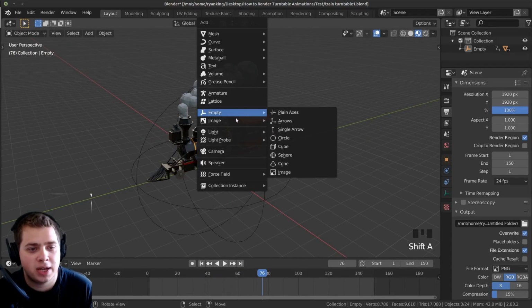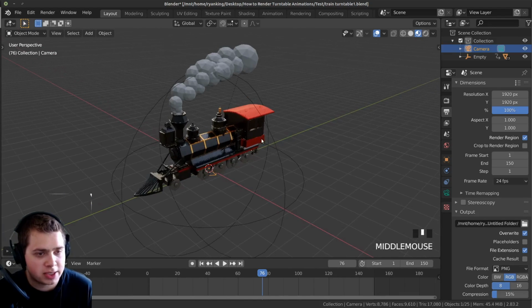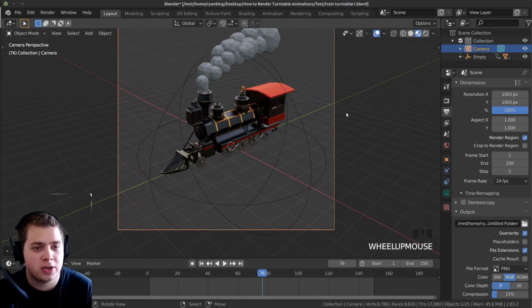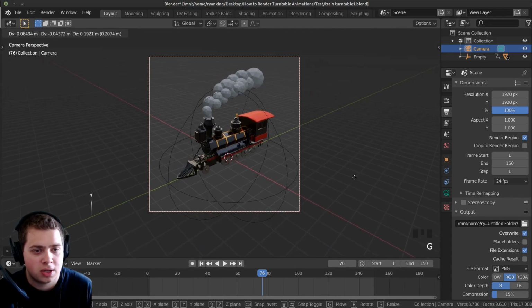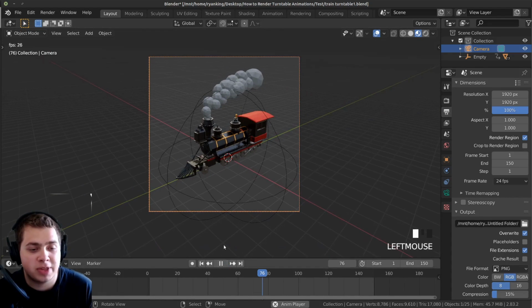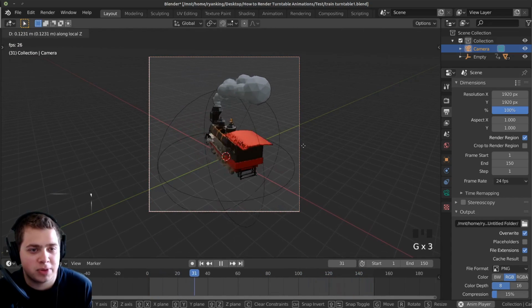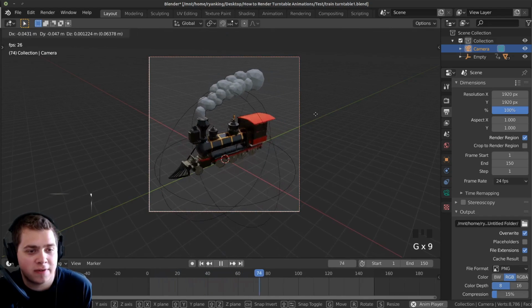So I'm going to press Shift-A and just add a camera. Then I'll press Ctrl-Alt-0 to hop the camera to where I am. And then you can just move the camera around to where you like. So what I like to do is play the animation, and then I move the camera around. And I just figure out a good place, making sure I don't cut off the 3D model at all